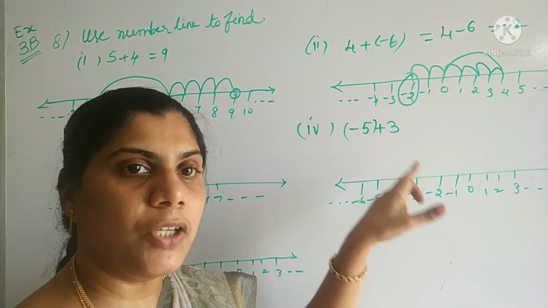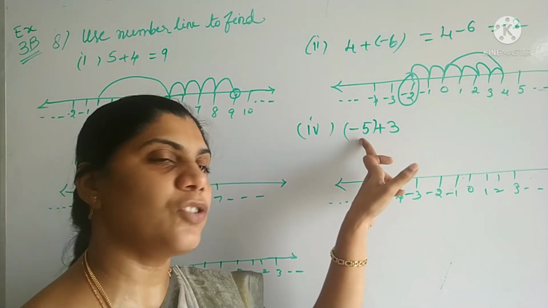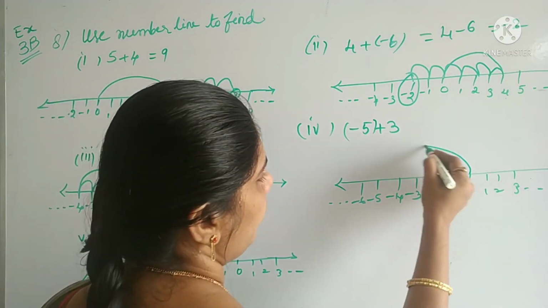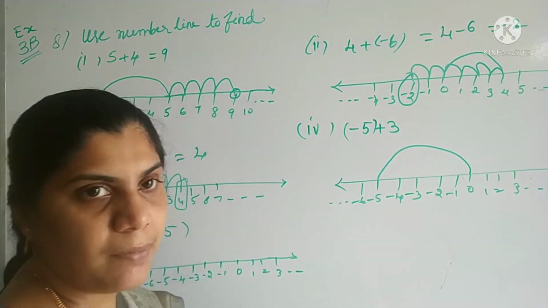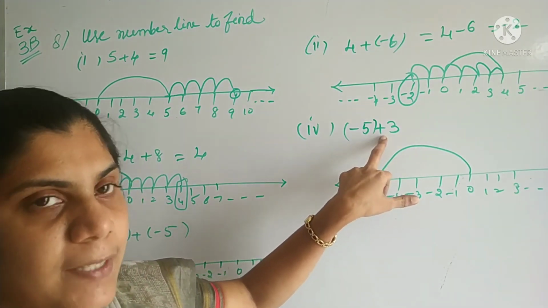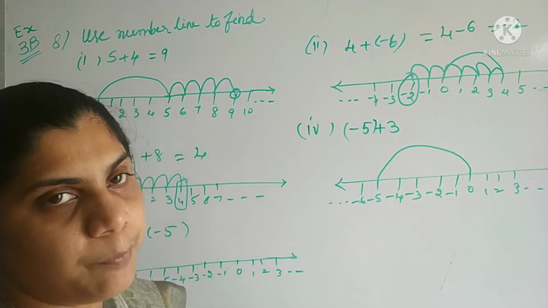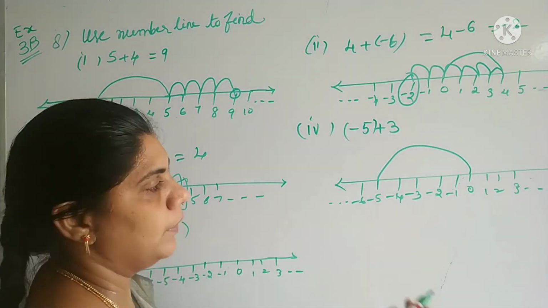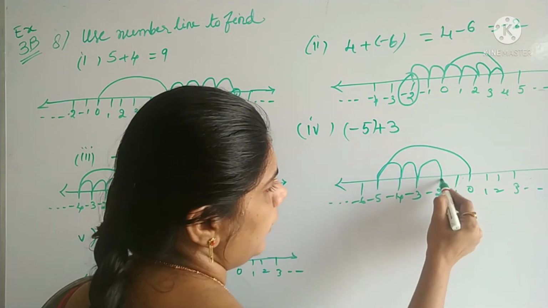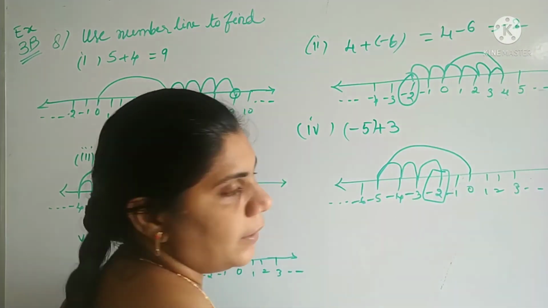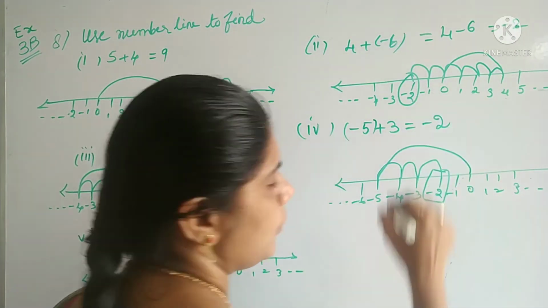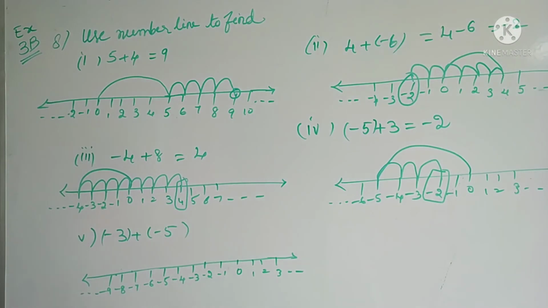As usual, from 0 you have to start and go back to the minus 5, first number first. So from 0, first you go to the first number, that is minus 5. After reaching minus 5, what you have to do? Plus 3. Plus 3 means you have to move forward. You have to move forward 3 steps, 3 numbers. From minus 5 start: 1 step, 2, and this is the third step. What is the number in the third step? Minus 2. Your answer will be minus 2 here. Understood? Now look at the last one.